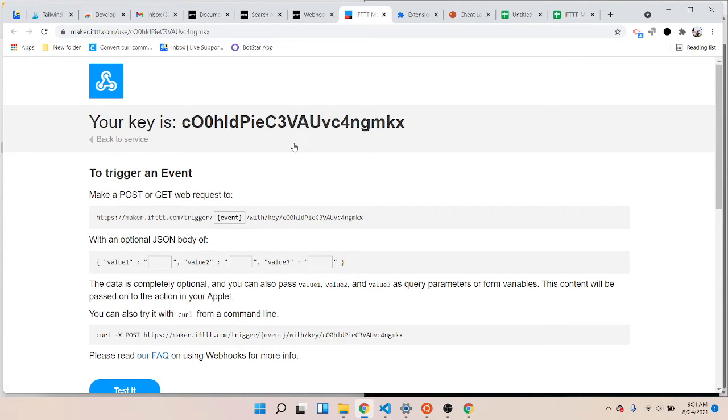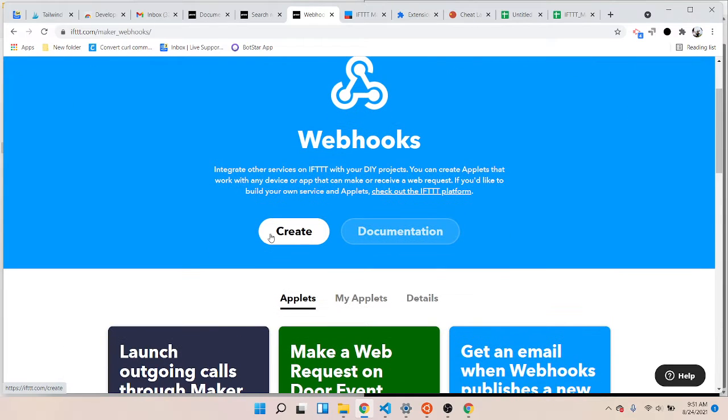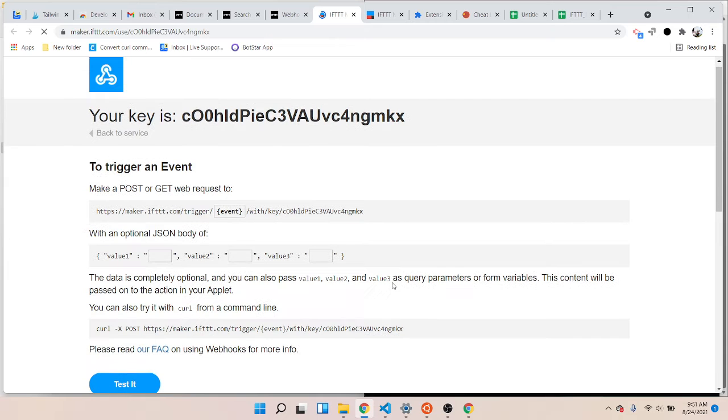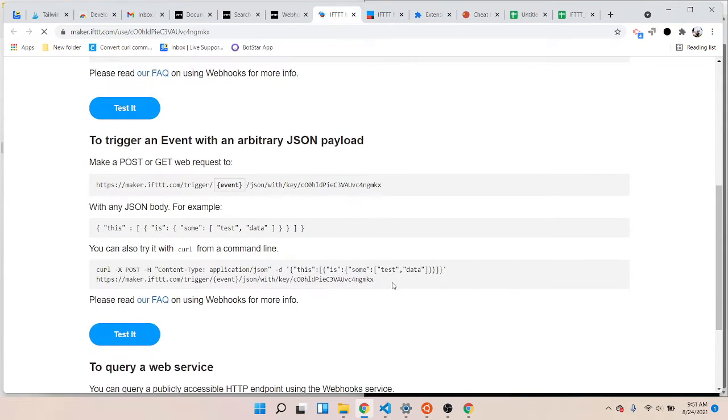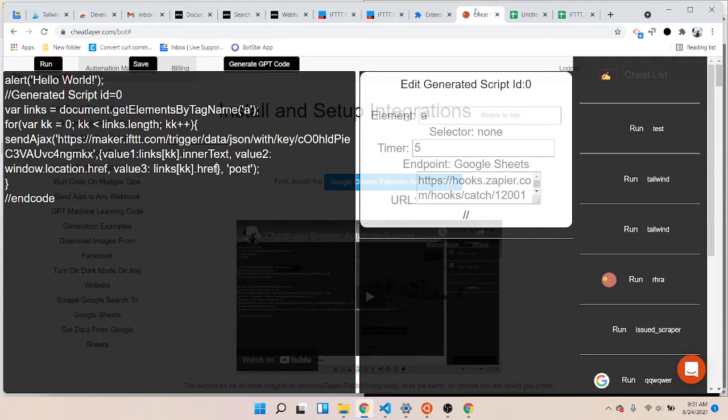your webhook documentation. And the way I found it is I came to webhooks and then clicked this link, and then okay, this gives you the URLs that you're supposed to send things to. And what you want to do is copy this URL here, this includes your key, and then paste it into your script wherever,